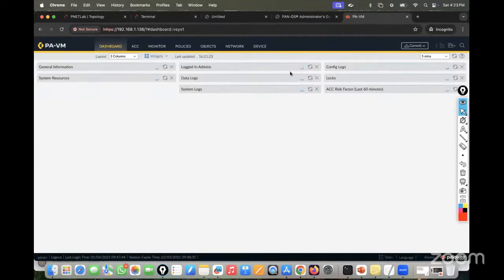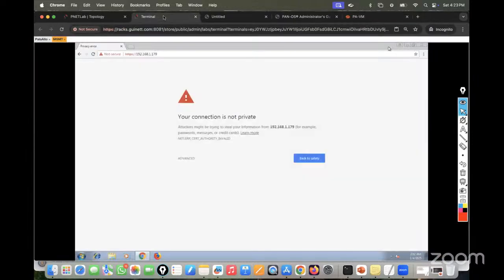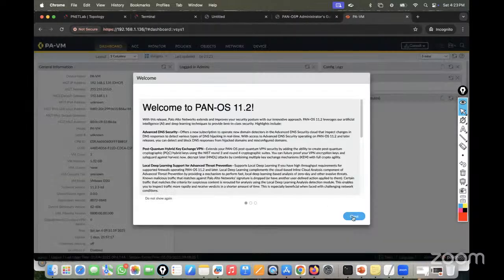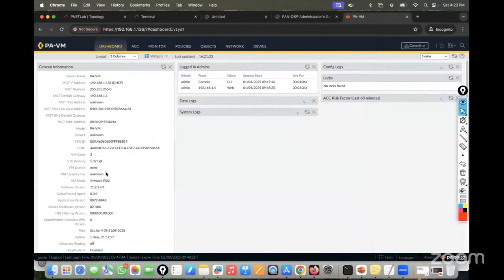Meanwhile, you guys see this firewall is also logged in. So let me click OK. And this is the 9.0 firewall. Earlier 9.0 had this kind of interface, not yellow and white, but this firewall is, you can see